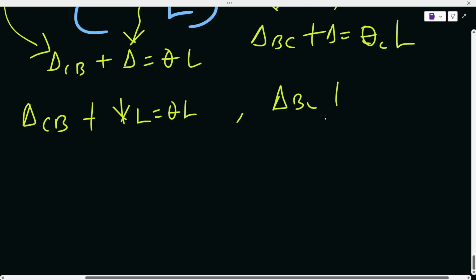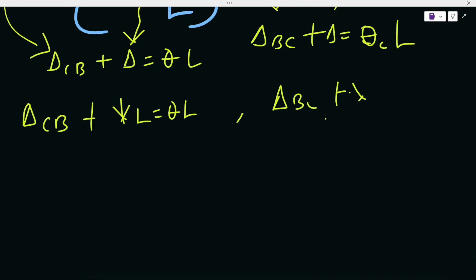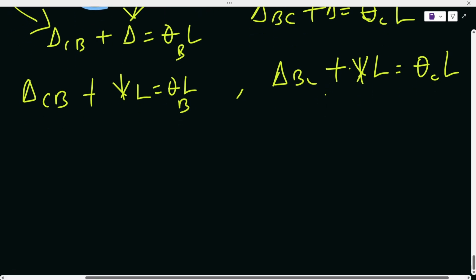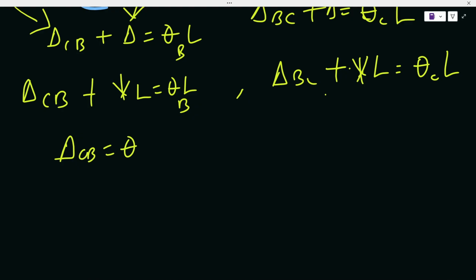Let's see. Equals to delta CL. This is supposed to be delta B, rotation at B. You get, so doing all this, I'll be having CB equals to